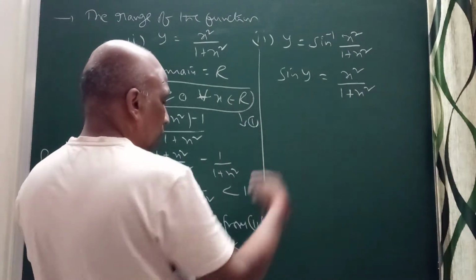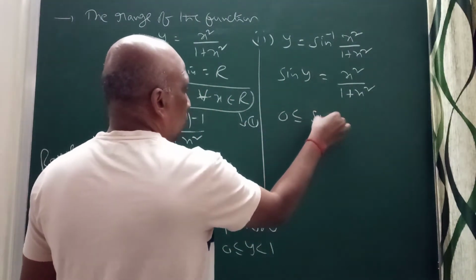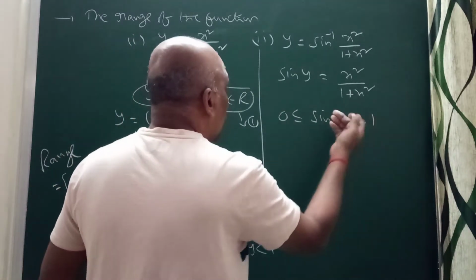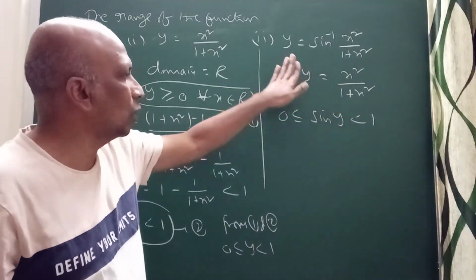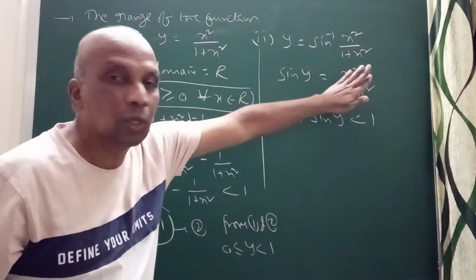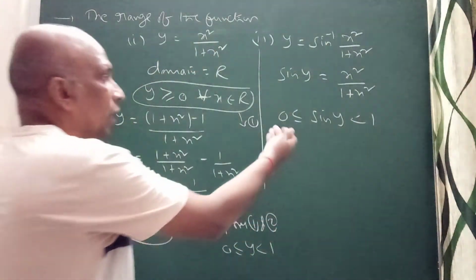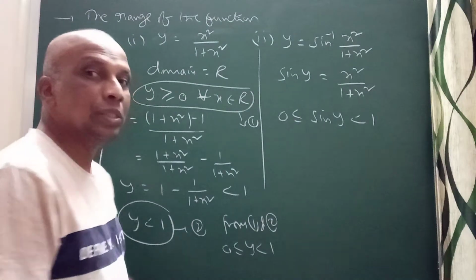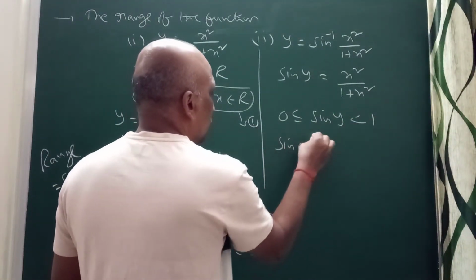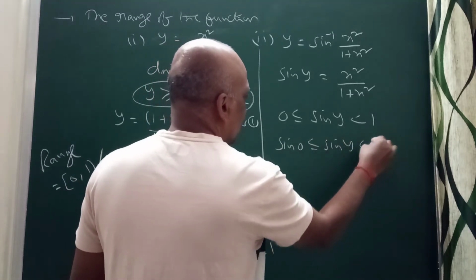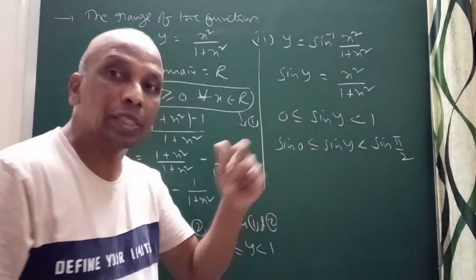So I can mention here, this one I have discussed here, right? So I can write 0 less than or equal to sine y less than 1. Look into this problem. So what is y here? This is y. So you had sine y. So here sine y means this value, right? So this entire value lies between 0 and 1 including 0. I have taken like this, right? So then you can see here the value of this. This is sine 0, this is sine 90. Sine 0 less than or equal to sine y less than sine 90. Correct. When angle is increasing, value is increasing in the case of sine.